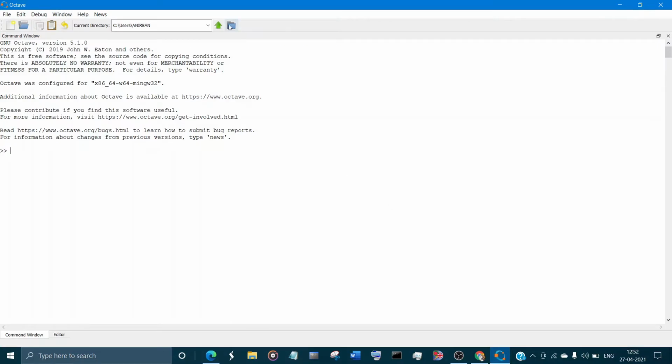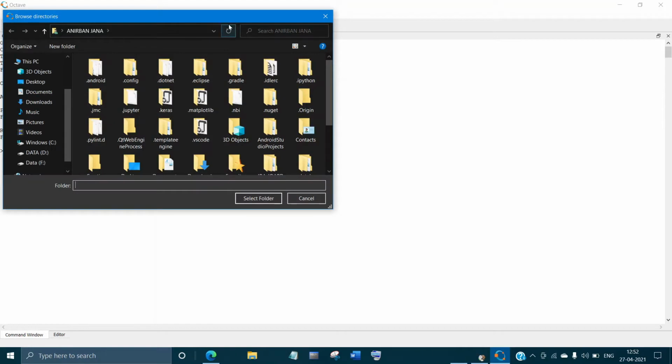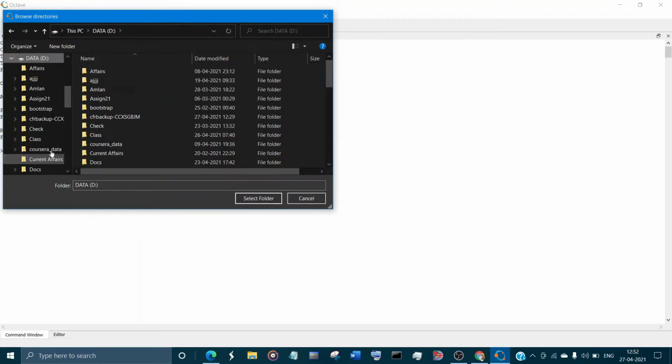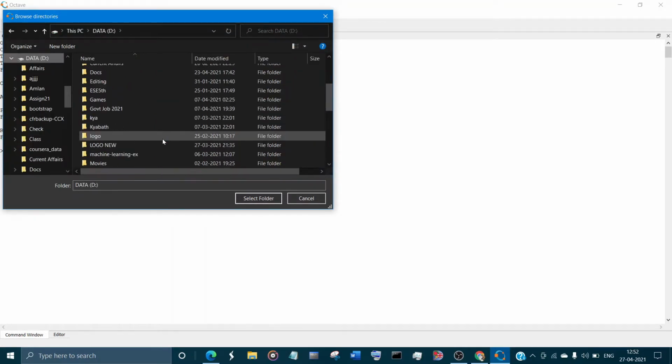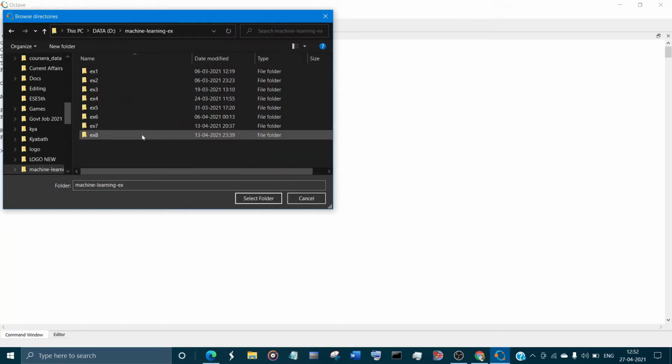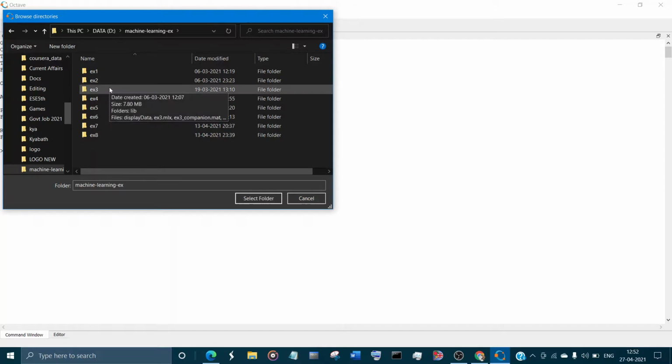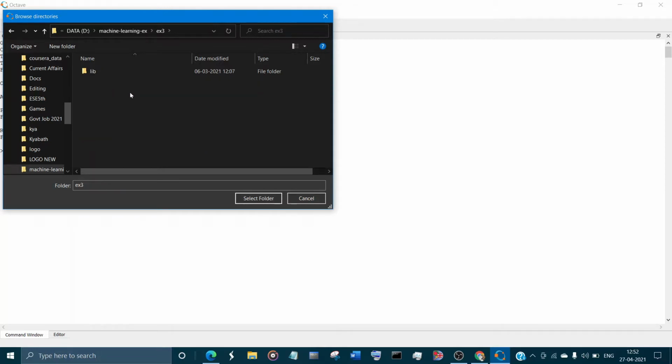first of all you need to just select the directory, click on it. Select the folder where you have kept your machine learning exercises provided by Coursera. So I am going to do this exercise 3, that is week 4 assignment. So select this folder.